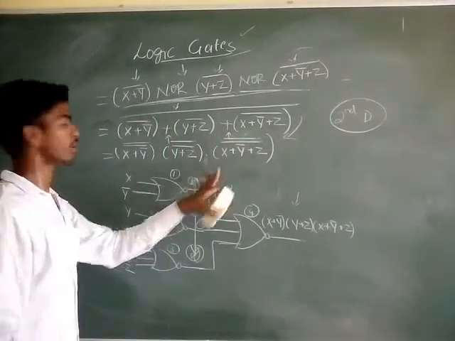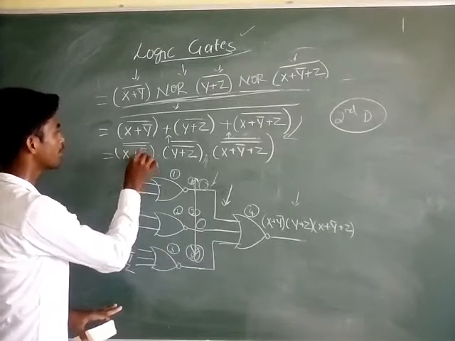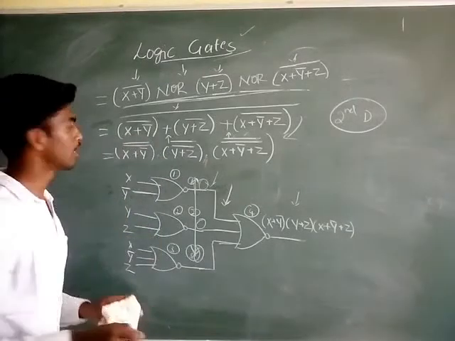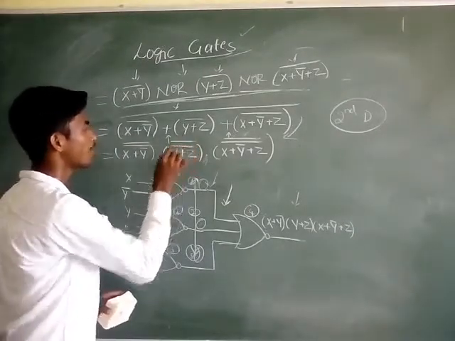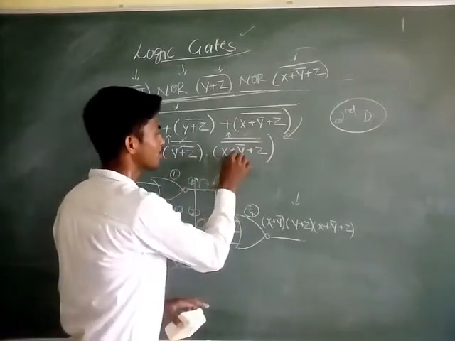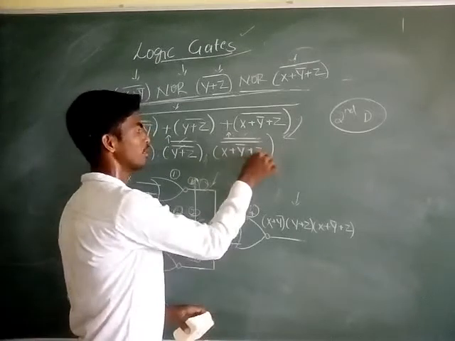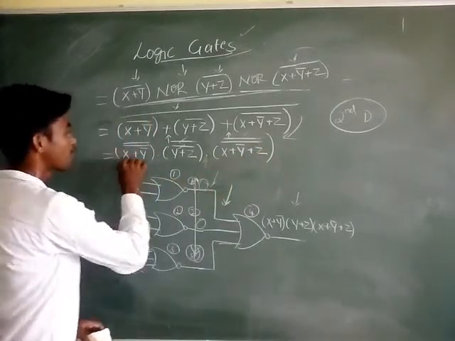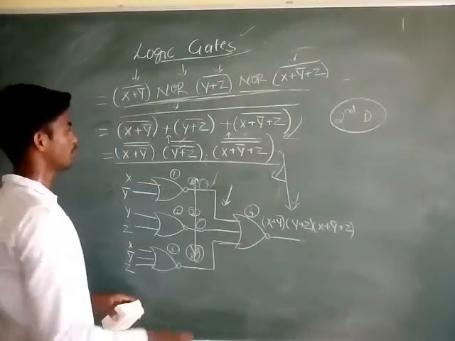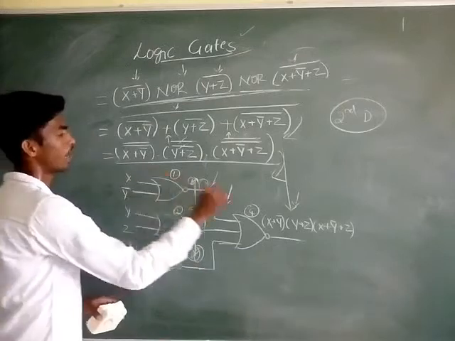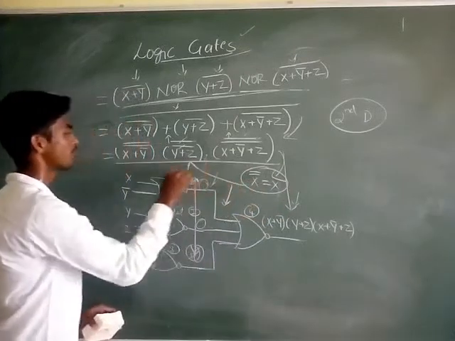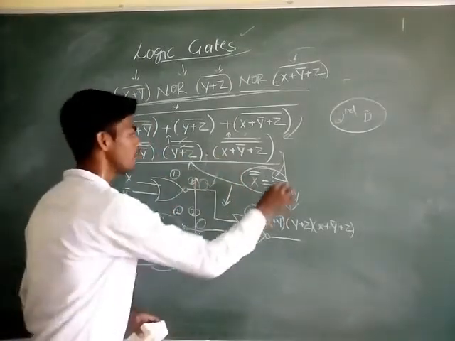When you simplify this, you will get x + y complement. Only the x + y complement you will get. The whole complement gets cancelled. This also, the whole complements get cancelled. You will get only x + z, x + y complement + z. You are getting the result. After simplifying for the next step, we will get the same result as it is. For the purpose, Boolean postulates, we have (x complement)' is equal to x. Just apply this Boolean postulate for these three terms. So you will get the final result.